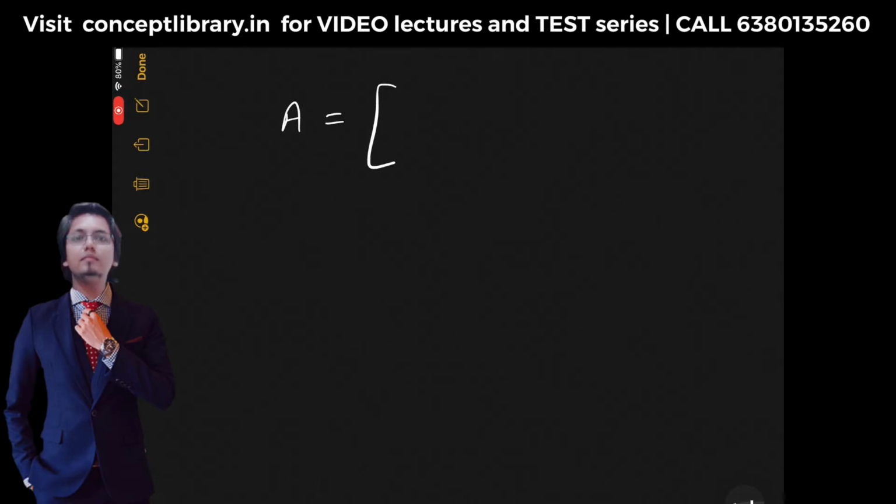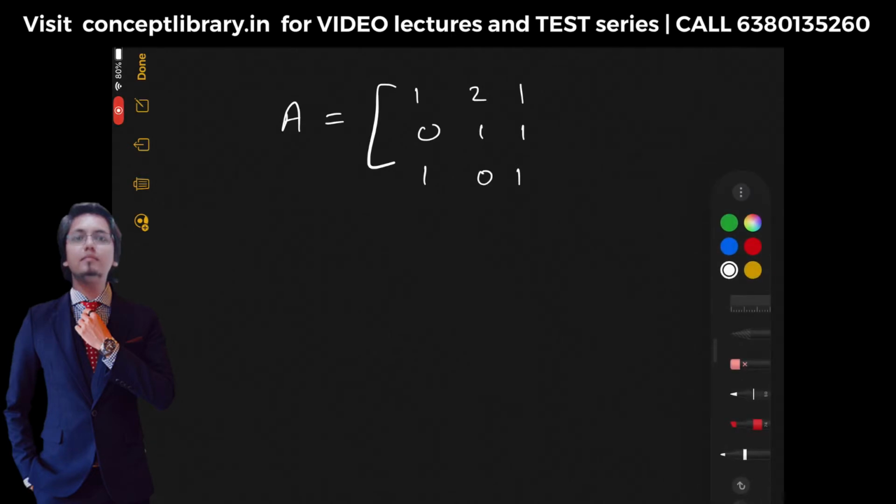So suppose my matrix is 1 2 1, and we can put some zeros also. It will be easy for us for calculation purpose. So 0 and 1. Suppose here we are putting 1 again, and suppose here we are putting again 1 0 1. So this kind of matrix will be much easier. We should not keep 1 here, otherwise determinant will be 0. So let's consider some other number. What about 2? Yeah, that will be fine.